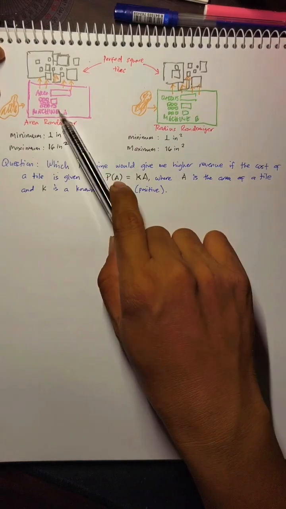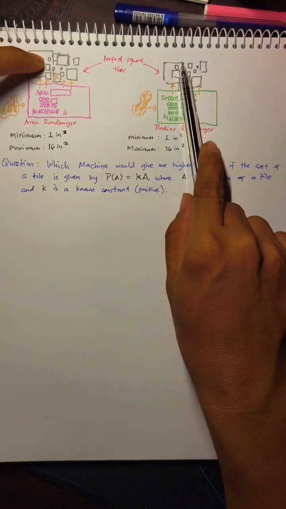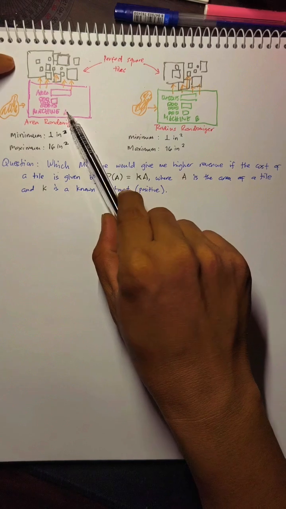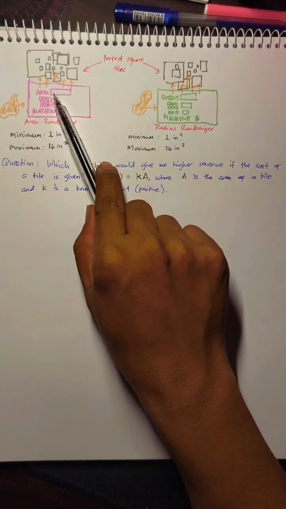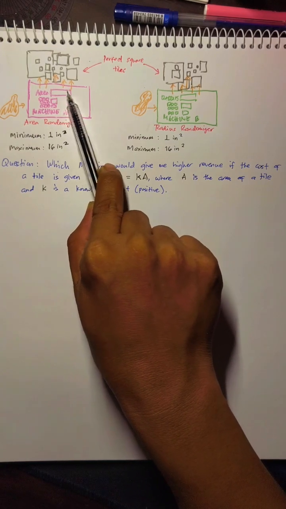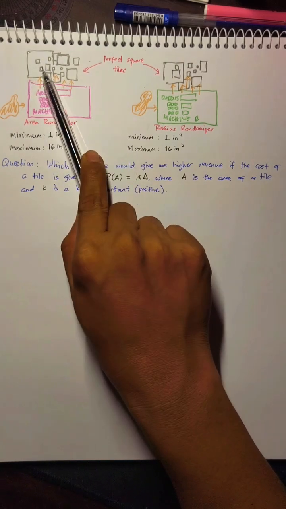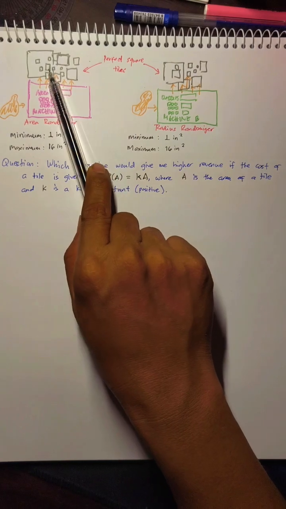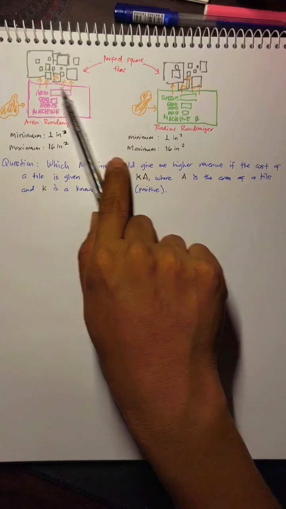Both of these machines convert clay into perfect square tiles. Machine A is different from machine B in that if you input a number in this box, it will convert the clay into that area. For example, if you input 4, it will make a tile of area 4. In this case, our unit is inches, so 4 inches squared.